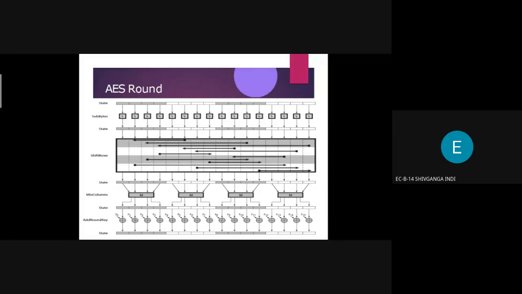This is the simple structure of an AES round, one round of AES. Have you understood it? So simply we perform the four steps in one round. This is the principle of an AES round.